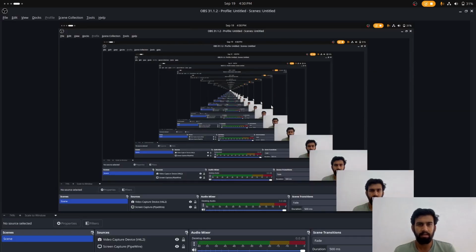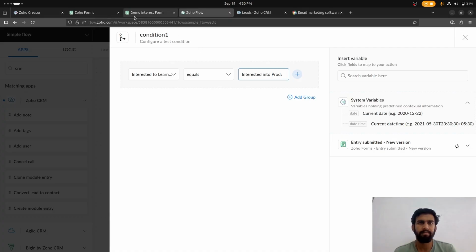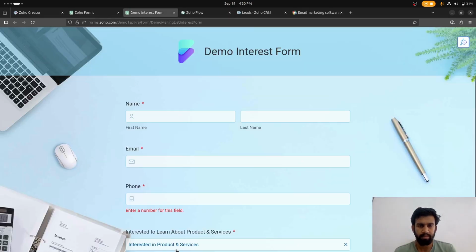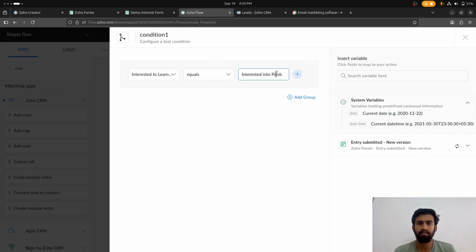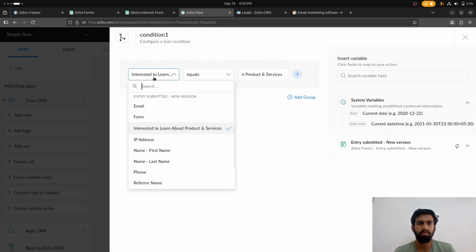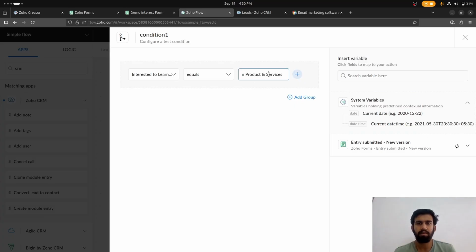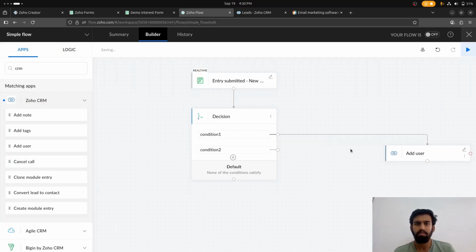If this field's value is equal to interested in product and services, then we are going to trigger the add user action. So for condition 2,